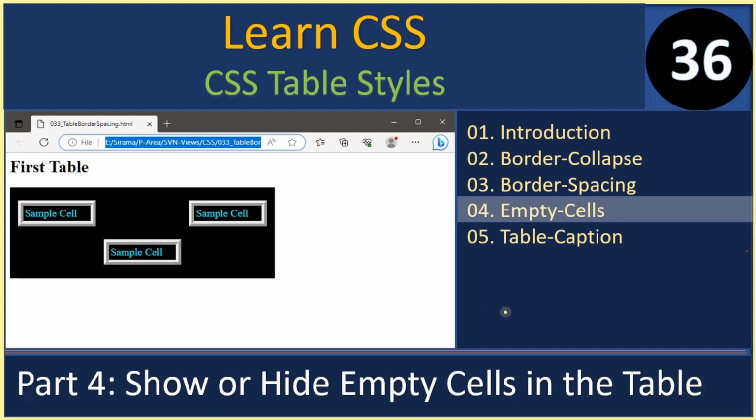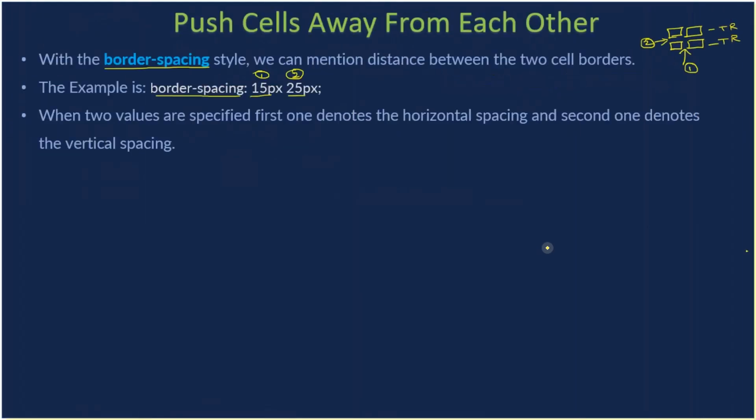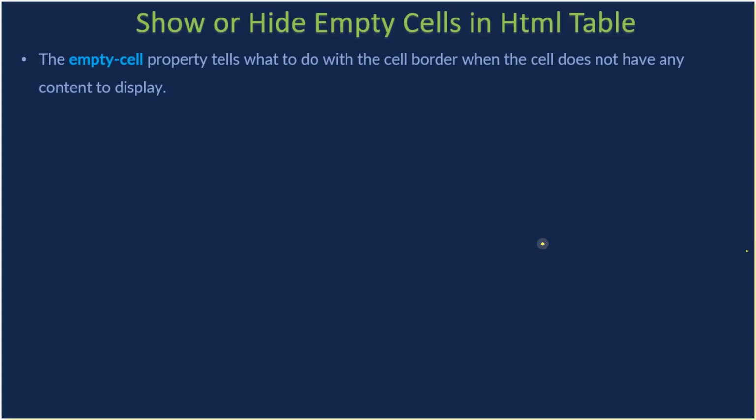In this video, we will see how to treat the empty cells. So the property that we are going to discuss here is empty-cells. The empty-cells property tells what to do to the cell border when the cell does not have any content to display. So we can create a TD,